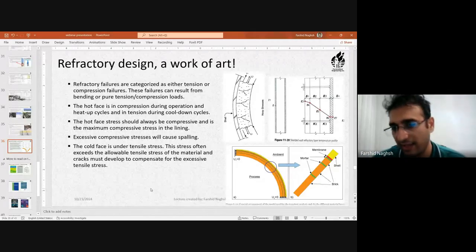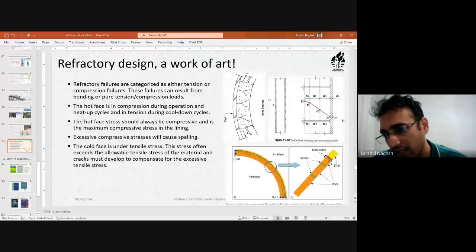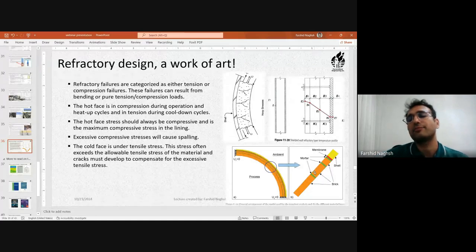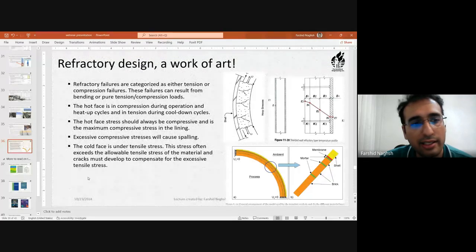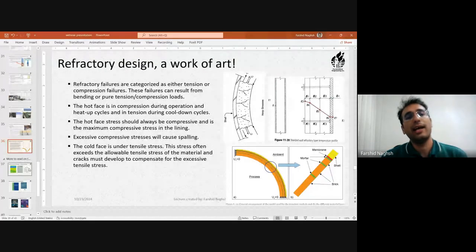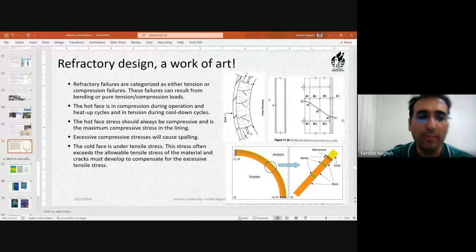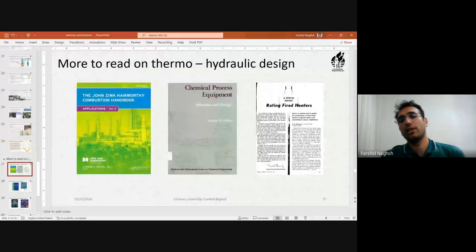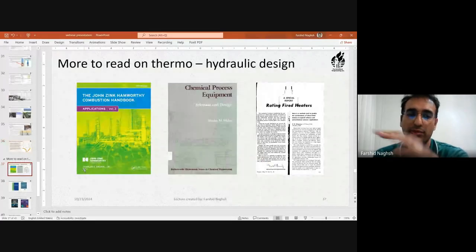See, that is a finite element analysis of the one, two, three layers of refractory. These are three layers of brick, and they are separated by mortars, and they need to be analyzed correctly to avoid excessive compression and tension. And with this slide, my presentation on refractory design inside finishes ends,